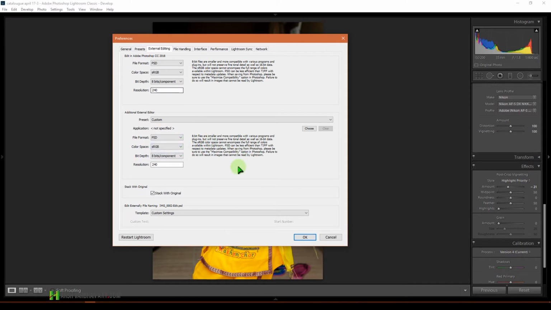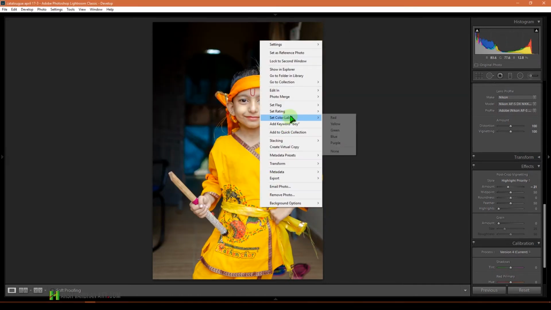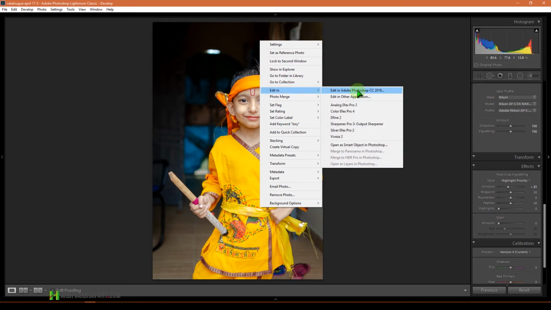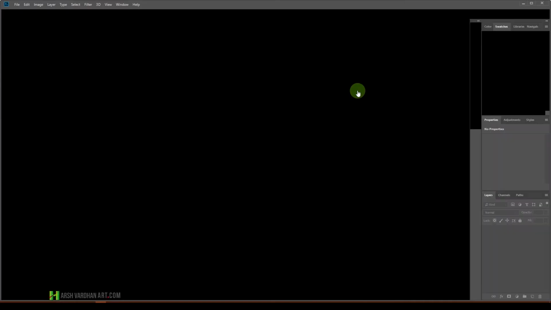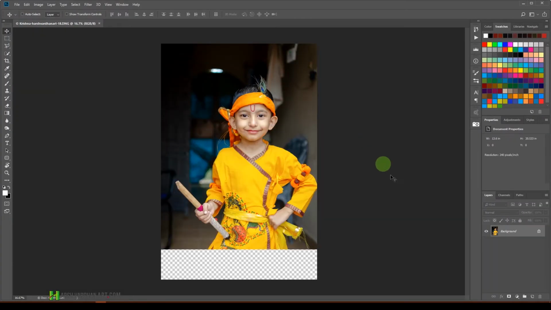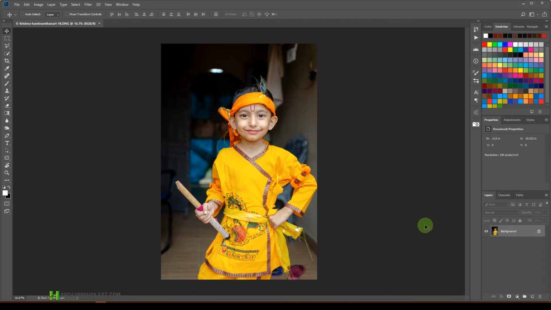So once you have selected PSD, press OK, and then select Edit In and select Adobe Photoshop, and it's going to launch Photoshop and open this image in Adobe Photoshop. You can see right now over here,